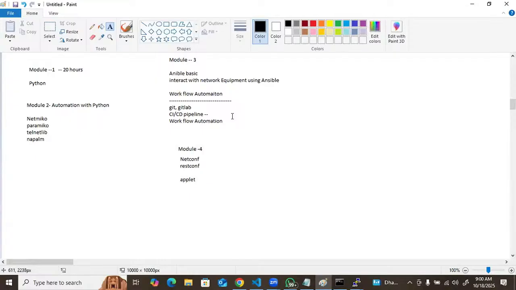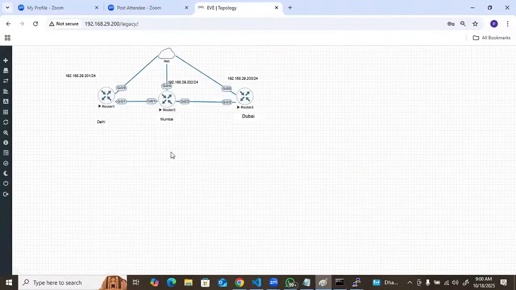I have a question. Yeah, Muzaffar, go ahead. So, are you going to show how to implement it in a production environment? Yes. Okay, got it. From the beginning, I'm discussing with you guys that suppose you have one infra, you can assume it's your company infra. Whatever you want to push and get the configuration, you can perform. So we'll take a real-time example and we'll perform those things. Okay. Got it.